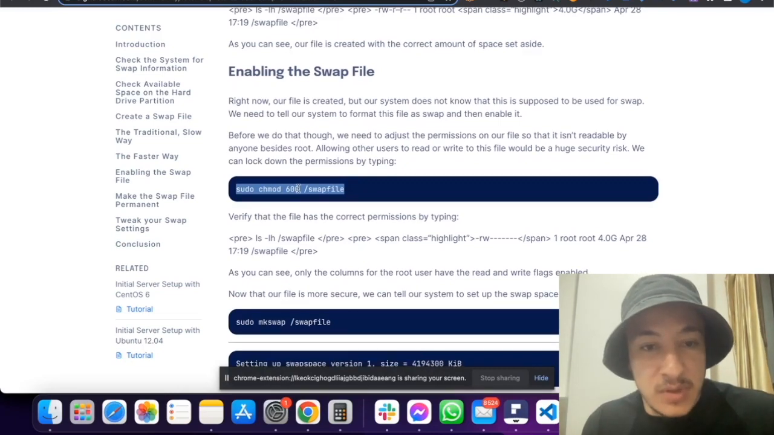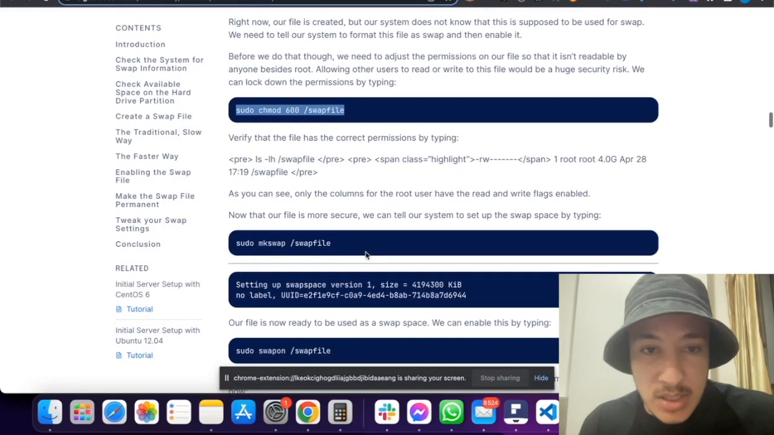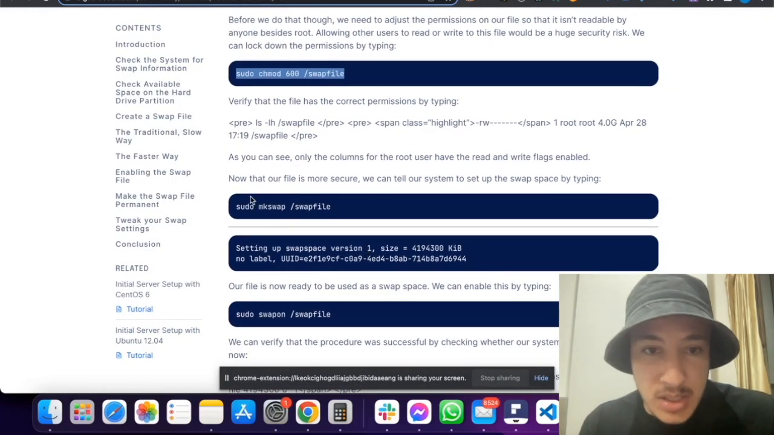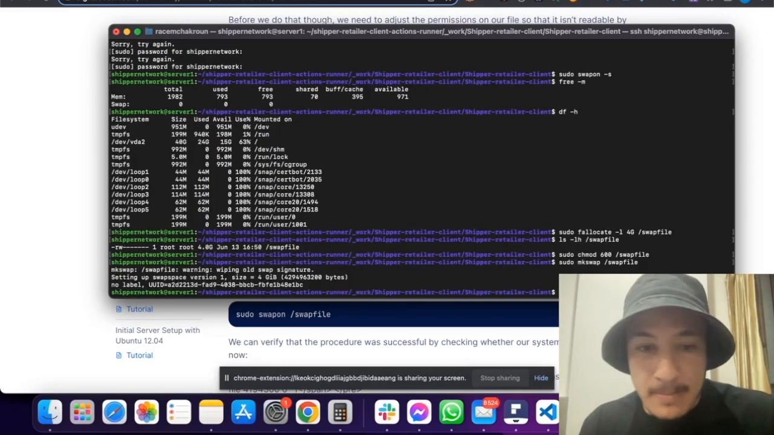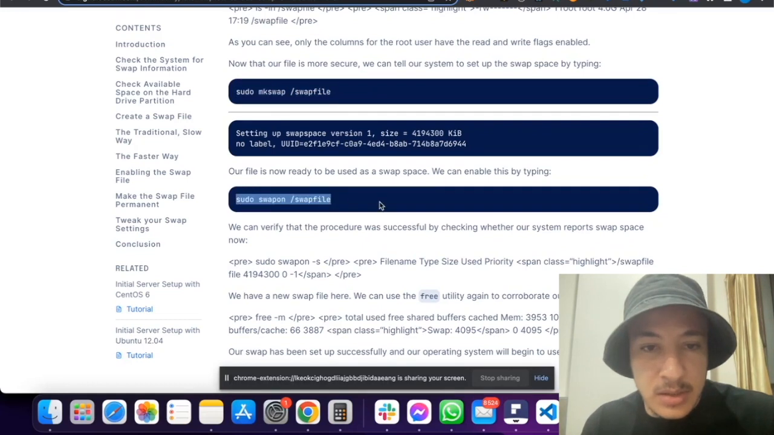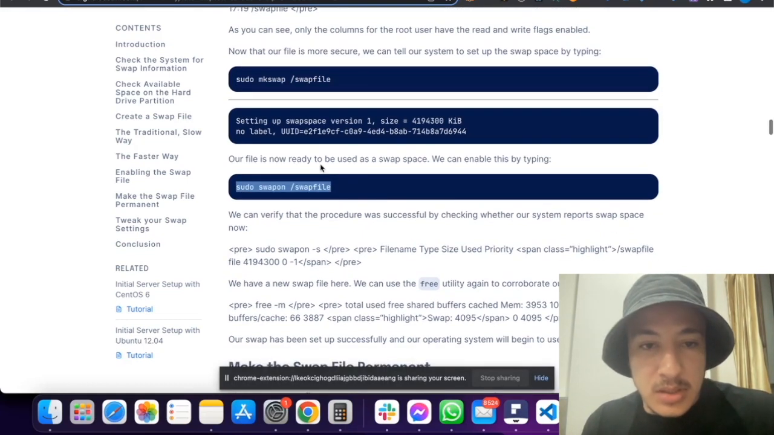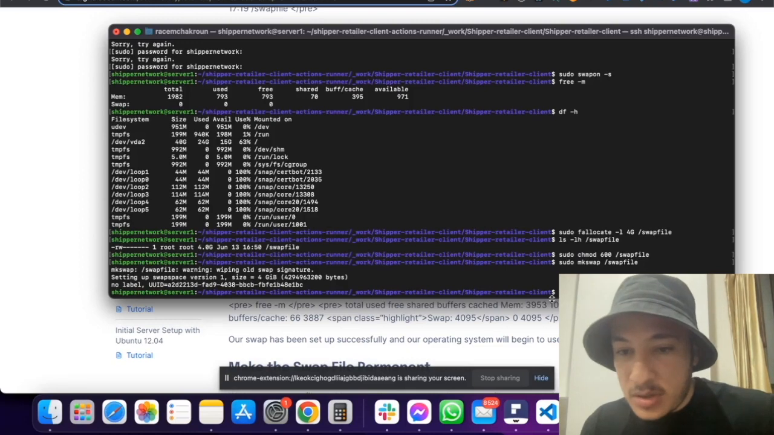All right, and then we have to enable the swap file. It's done by giving the file the right permissions, and then we run this command. It says here our file is now ready to be used as a swap space. So it's converted into a swap space. So we just run this command, swapon swapfile,